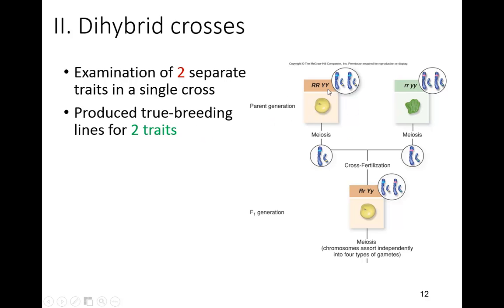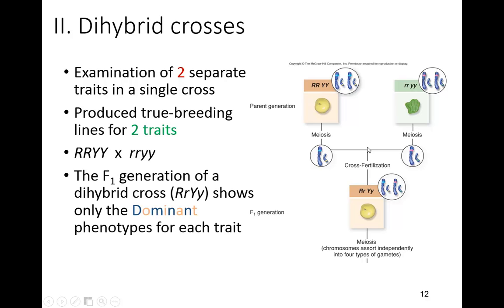Okay, and if you have two true breeding plants, meaning it's homozygous dominant and homozygous recessive, and you cross those, all of the progeny are going to have the dominant trait, round and yellow. Okay? If you allow them to self-fertilize to produce the F2,